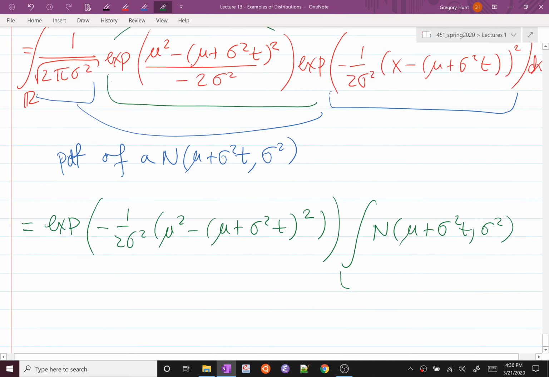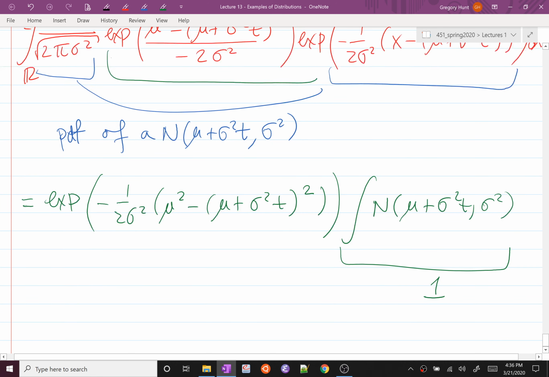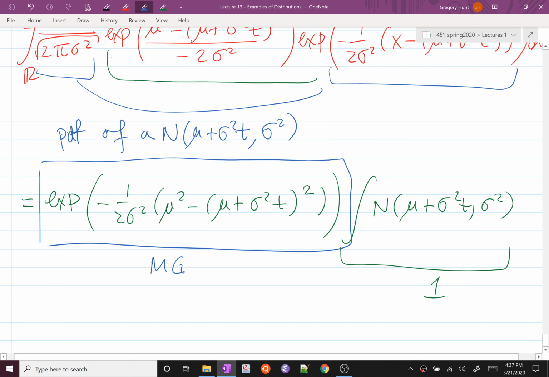And so this whole thing gives me 1, goes away. And so this is all that's left over. So this is going to be my MGF,